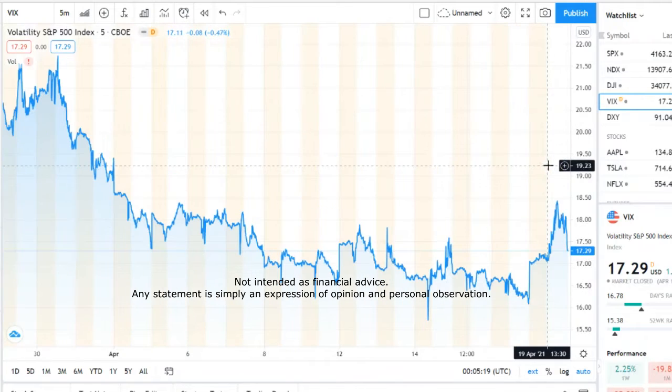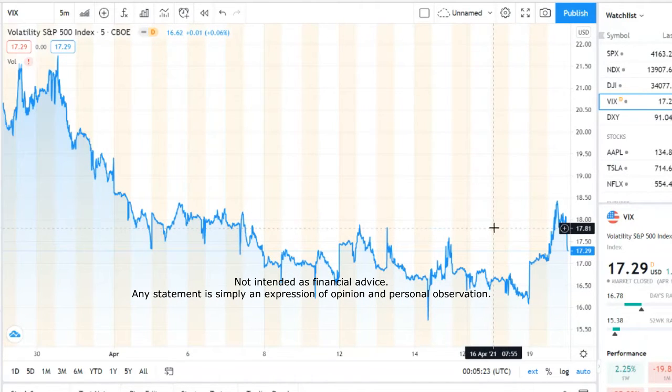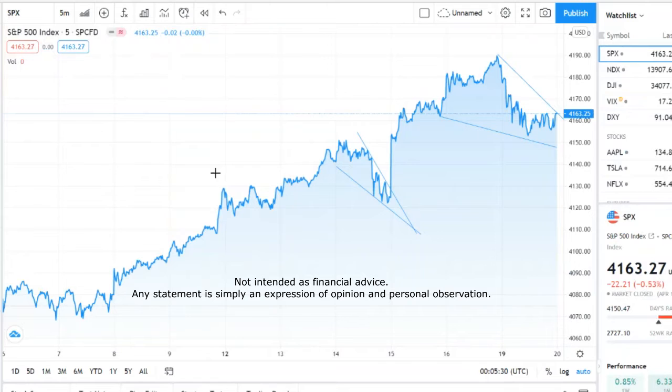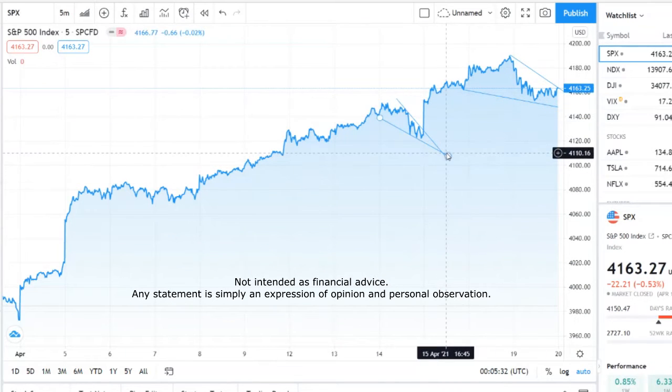So it looks like that was shrunk at the end there in a sharp fashion. But you can see that there is volatility. We're getting a feedback on the volatility in the S&P. So it's always good to keep an eye on the VIX, especially if you are exposed to these indexes in any way.